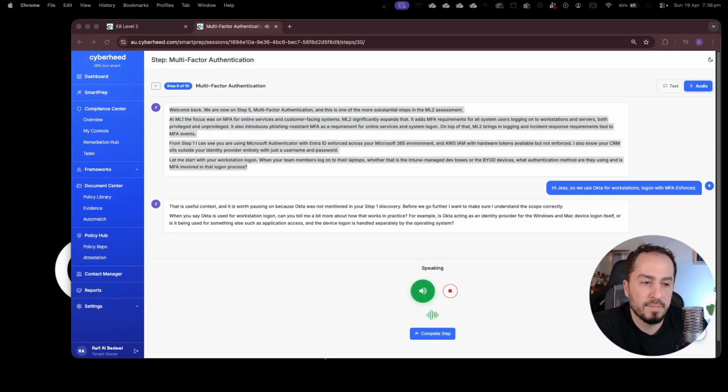That is useful context, and it is worth pausing on because Okta was not mentioned in your Step 1 discovery. Before we go further, I want to make sure I understand the scope correctly. When you say Okta is used for workstation logon, can you tell me a bit more about how that works in practice? For example, is Okta acting as an identity provider for the Windows and Mac device logon itself, or is it being used for something else, such as application access, and the device logon is handled separately by the